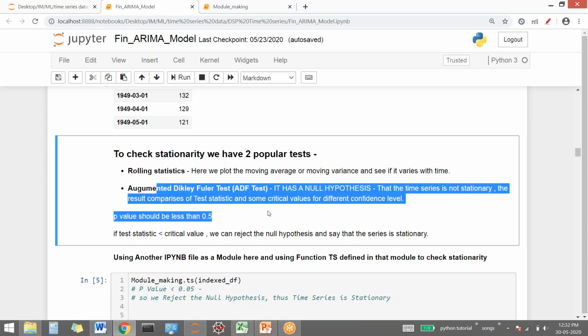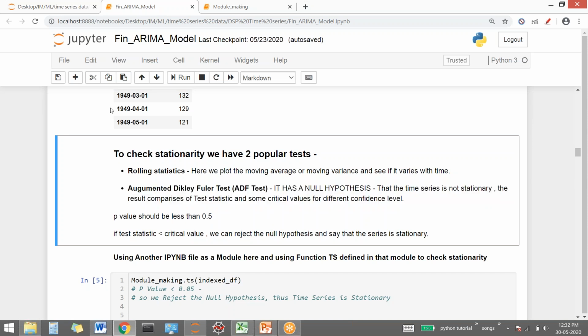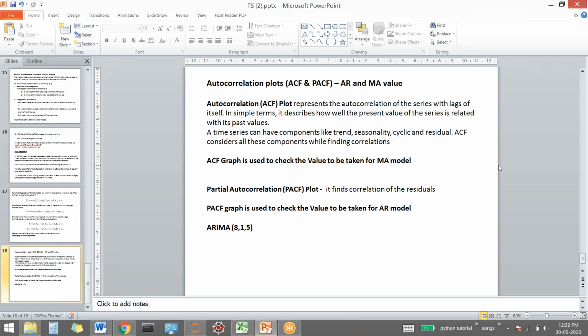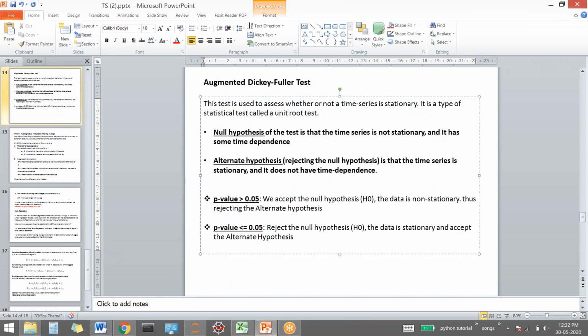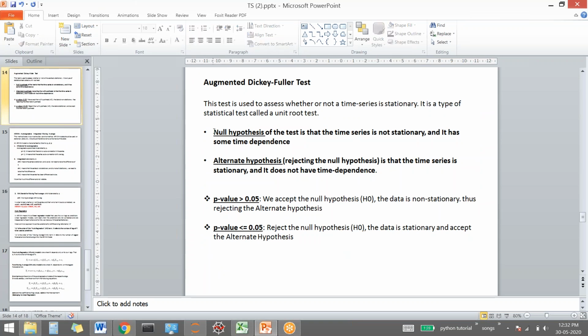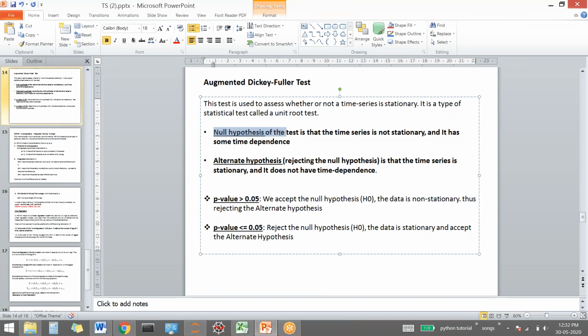So ADF test में we will be considering p value, so it gives you multiple output. लेकिन इसमें we consider p value. So now let me just count to PPT here. See here. So it will give me multiple statistical value, but उसमें हम p value को consider करेंगे. And also Dickey-Fuller test का एक basic assumption होता है, that is null hypothesis.